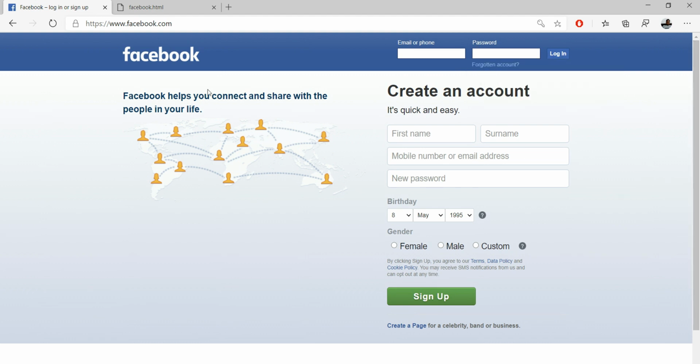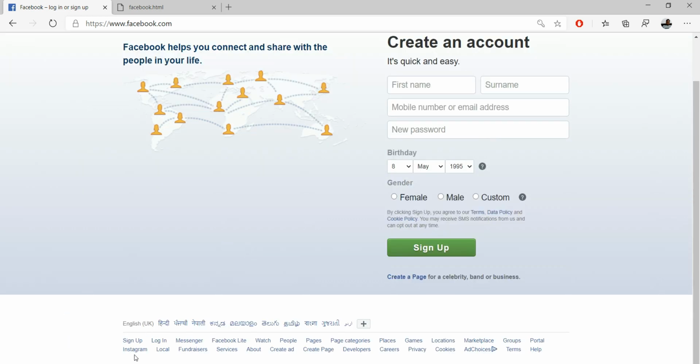Okay, so if we look over here, this is the Facebook page. The home page consists of three parts, three sections. This is what is called the header section, which has the Facebook logo over here. Then a form for login, and another section for creating an account, and here is the third section that shows other features of Facebook and the language selection for Facebook.